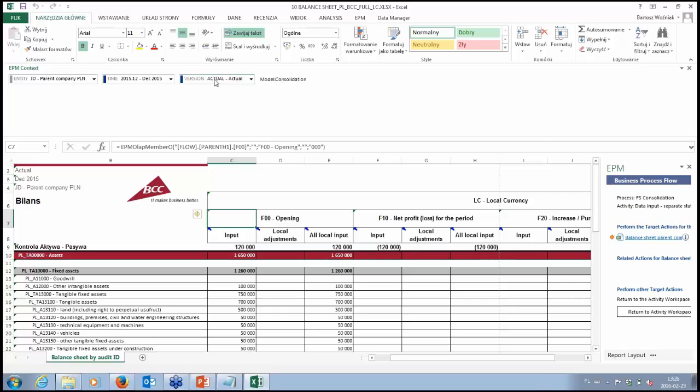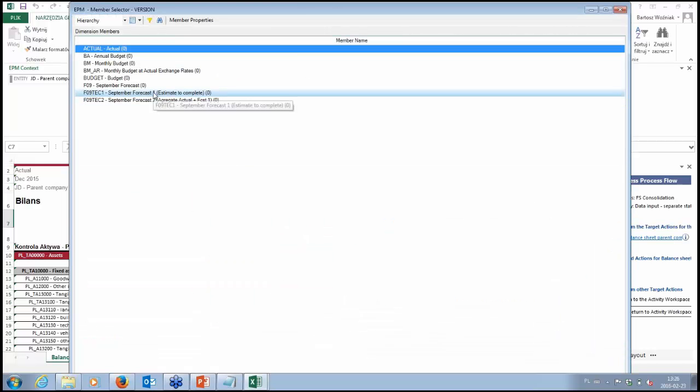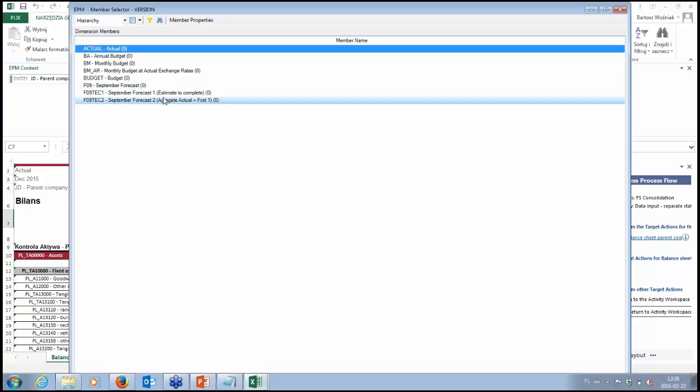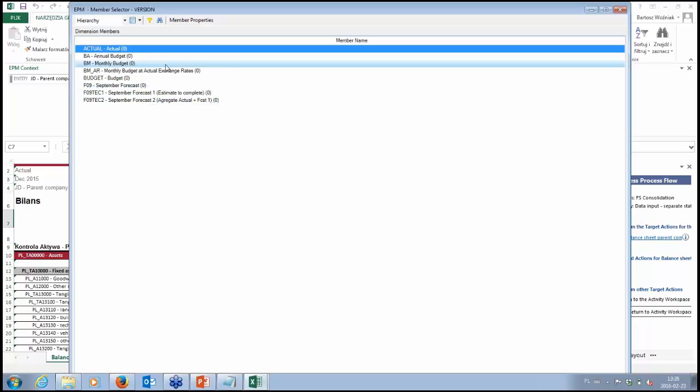The version dimension is responsible for distinguishing data. We can have different versions, for example, actual data as here, some test data, or some budget data, optimistic and pessimistic budget data. So this is how we distinguish between them. As you can see, there are some forecasts for September, some monthly budget, annual budget, and so on.